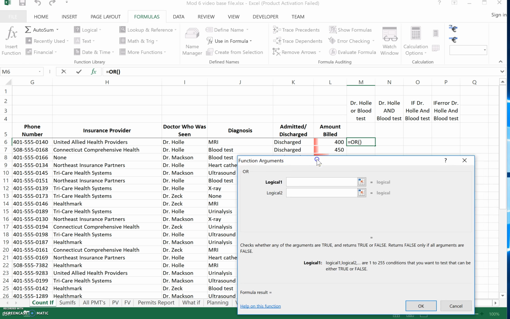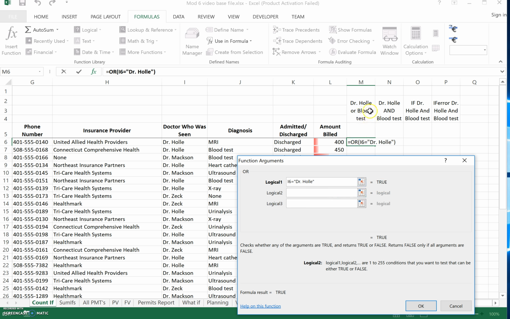And the dialog box pops up. And this is nice because it tells you what's going on. The first statement, I need it to be Dr. Holly. So for this particular row, row 6, I need that to be Dr. Holly. If that equals, again, in quotes. Remember how we said it before, things have to be in quotes. And be careful, because things have to be spelled exactly correct, right? So if Dr. Holly, and it says it's true, so I typed it right, there's no spelling errors,